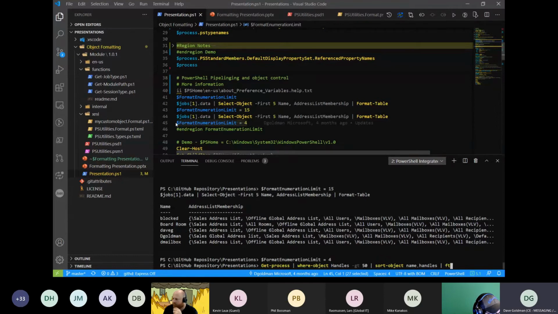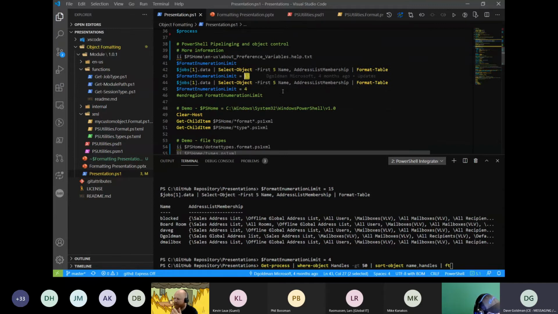This value is per session. So every time you start up a new session, that's the default, unless you go into your PowerShell profile and set up the preferences where you want to have it always enumerate 15 or more, because you want to see all of the data and know what you're working with,